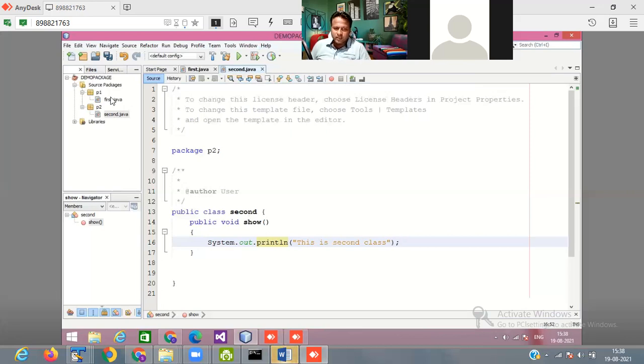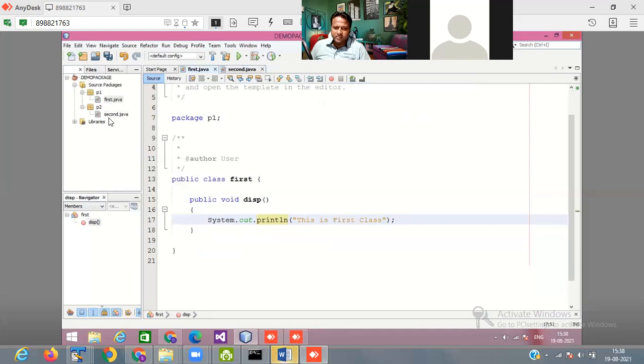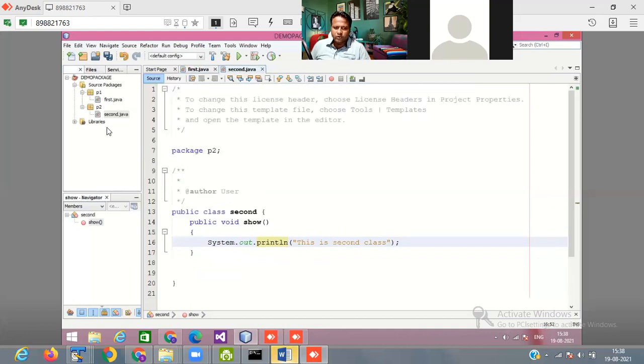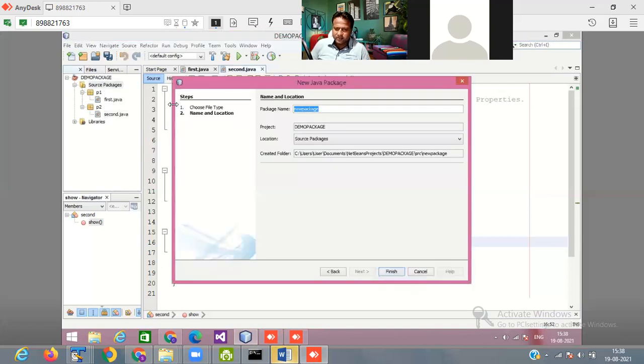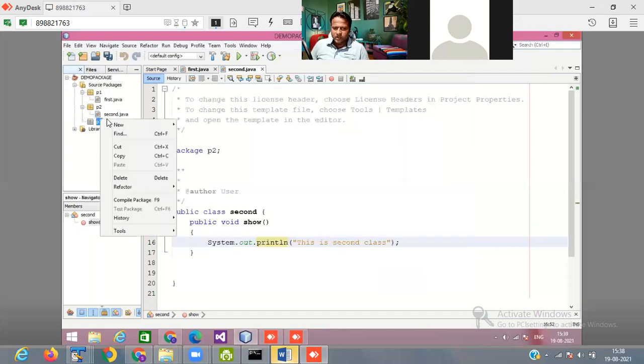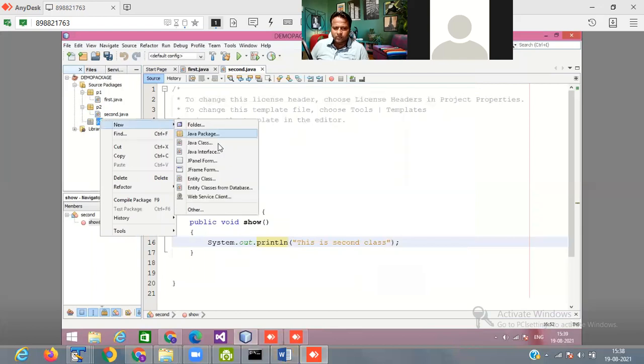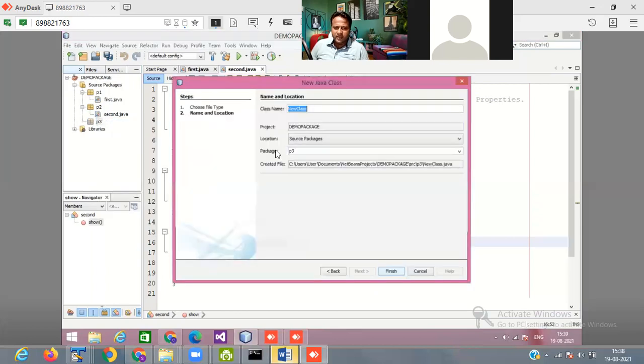Similarly, here we have defined the display function, here we define the show function. So I create another package: right click, new, Java package, package name is P3. Right click, new, Java class, third.